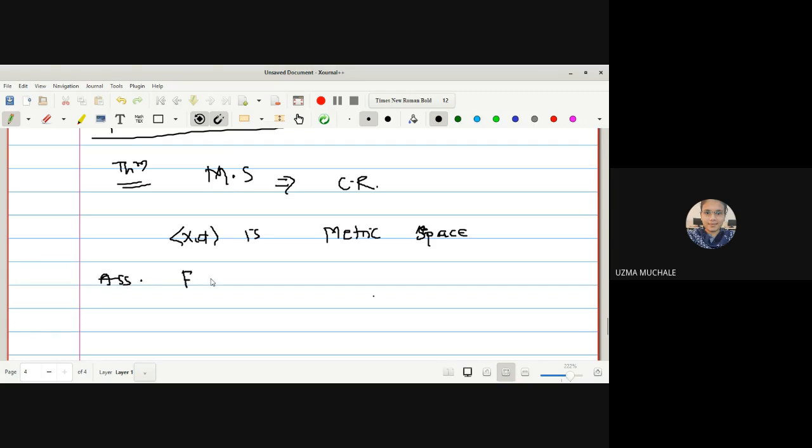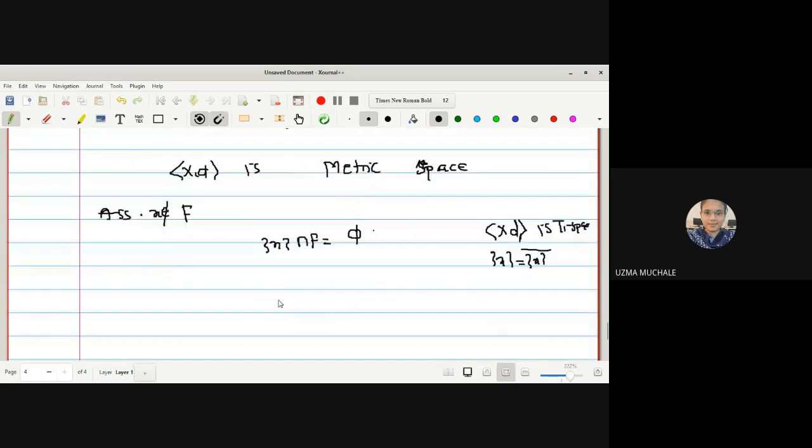Assume that F is a closed set which does not contain the point x, right? So if F is a closed set which does not contain the point x, no doubt I can write singleton {x} intersection F is an empty set, right? Given that (X, τ) is a T1 space. Somewhere in the initial lectures we have proved every metric space is a T1 space. So in a T1 space, every singleton set is also a closed set. This is the characteristic property of a T1 space.